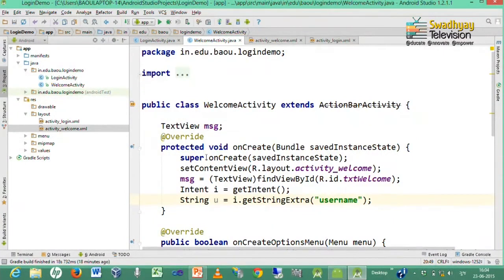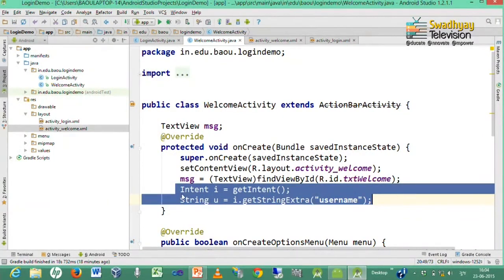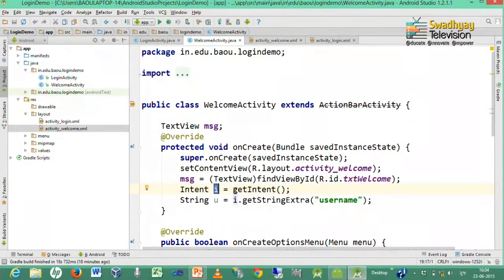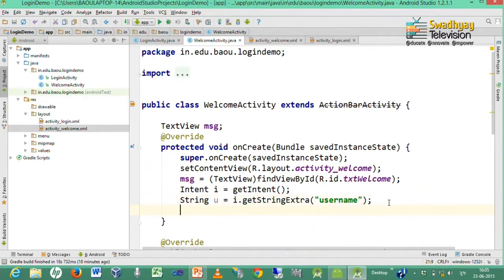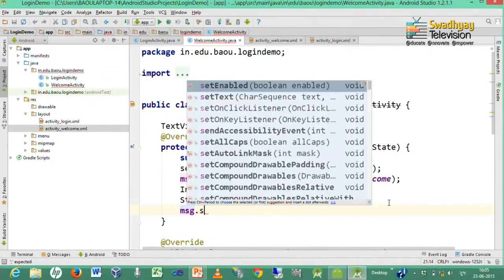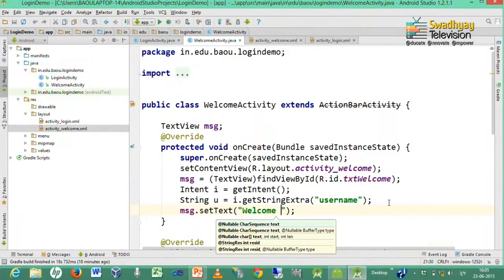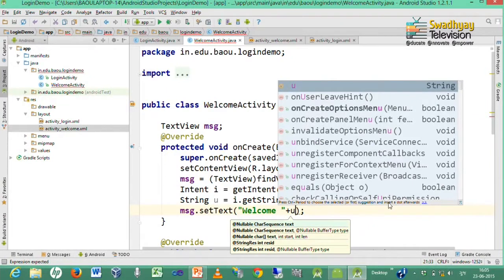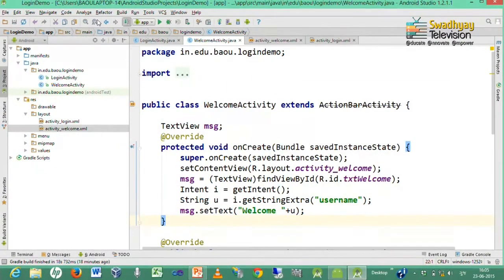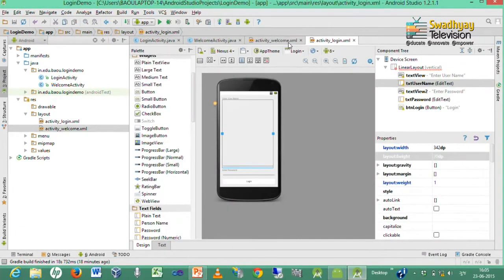So, what these two lines do is: inside intent i we get the incoming intent, and from this intent we get one data with name username inside variable u. Now, we want to display u in that text view with name msg. So, we write msg.setText, and then we write welcome plus username which is received inside variable u.